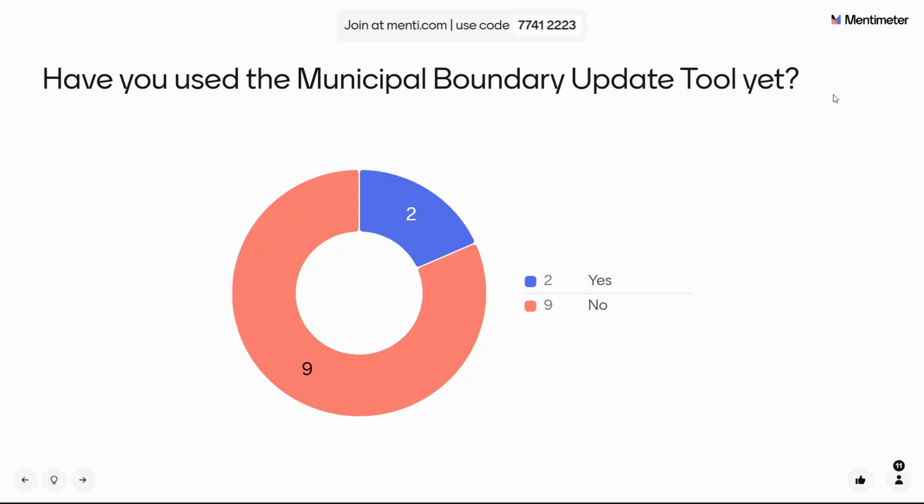That's the one piece that's not completely in place now. If it was an annexation, you could submit it right now, but there's not really functionality for a de-annexation.